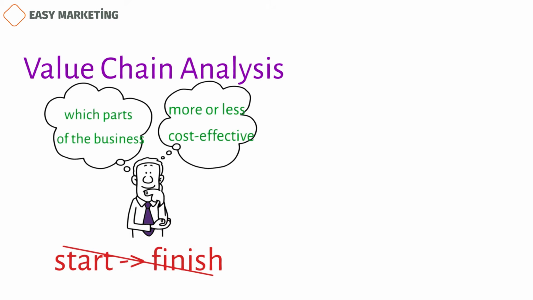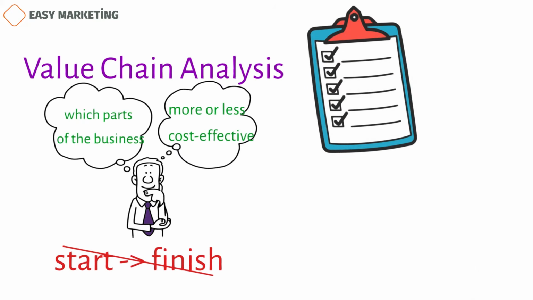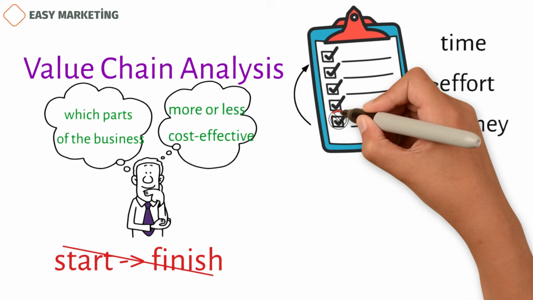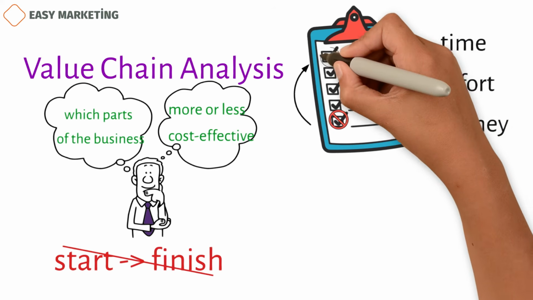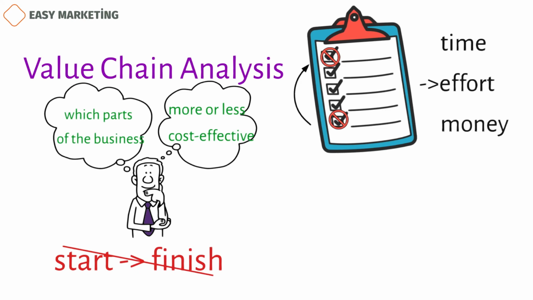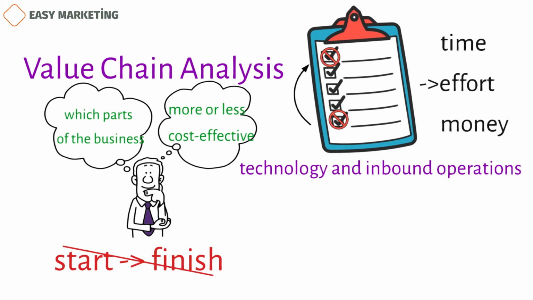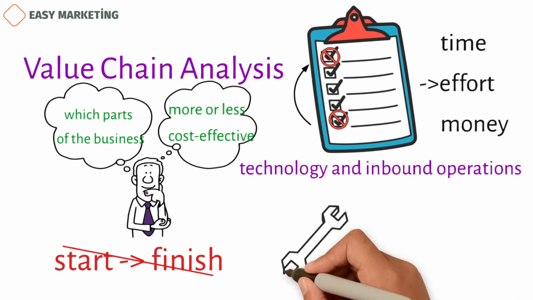To understand their value chains, companies can do the following: break up each main and secondary task into smaller tasks. Then organizations can look at each function in more depth and compare its financial return to the time, effort, and money it takes to do. Try to find connections between the smaller jobs. Inefficiency in one task or part of a task is often linked to inefficiency in another task or part of a task. For example, a bad hire in human resources, HR, can cause problems in many different parts of the job. Technology and inbound operations can also have an effect on a company's value chain.